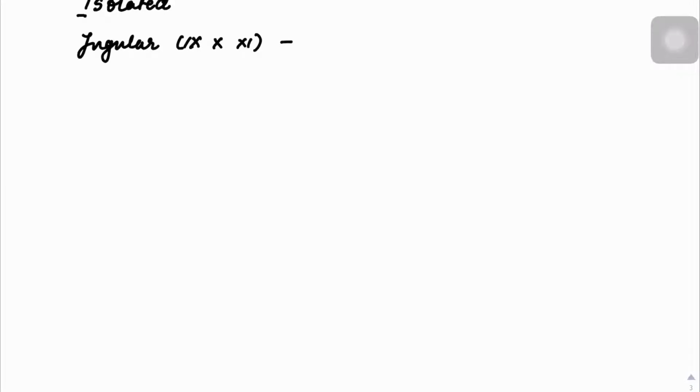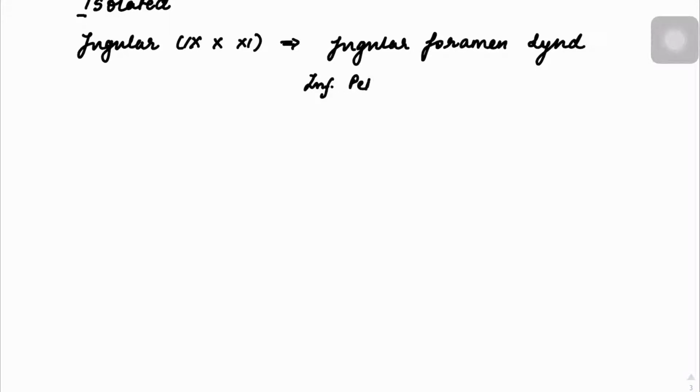So this nerve injury where the 3 nerves are involved is called jugular foramen syndrome. This is given in Keith and Moore, where the 3 nerves are involved due to some tumor or lesions. In the jugular foramen, we have to remember there is a vein called the inferior petrosal sinus, which is also closely related to